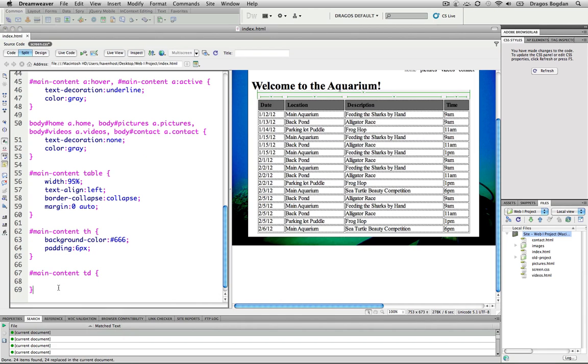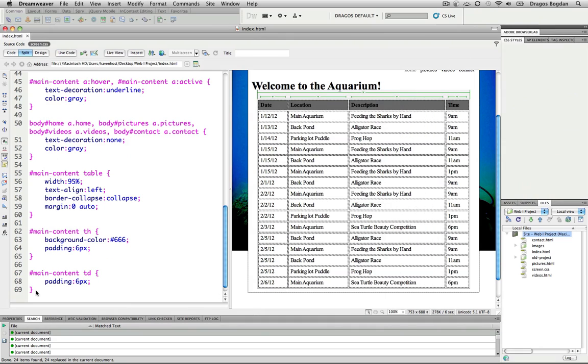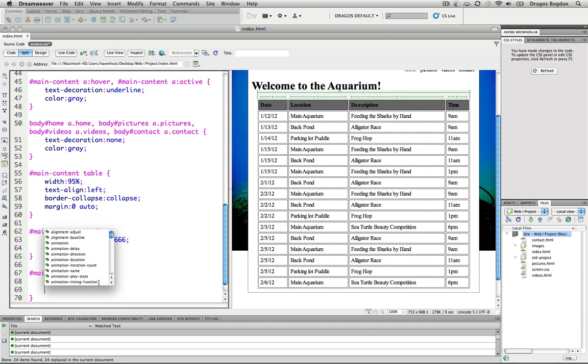I'm thinking maybe they also need some padding, 6 pixels of padding rather, because alright, that gives them a little more consistency now. And actually that's pretty cool because now they all have a bit more breathing room. And let me give them a background color as well, maybe a little bit lighter color. I'm gonna go with gray, but